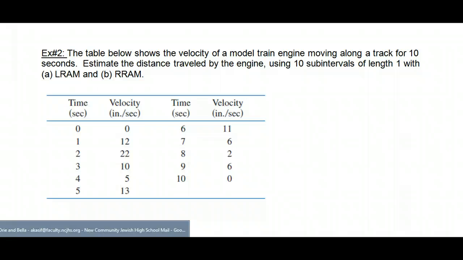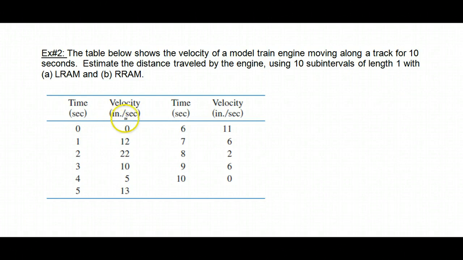I showed you the calculator program, but I want to show you one more example. Let's look at a problem where we don't have the function's equation. We just have a table. The table below shows the velocity, in inches per second, of a model train moving along a track for 10 seconds. This train does not have a constant velocity. We can see that it increases and then gets slower, and then over here it might speed up a little bit and then slow down again. We're going to estimate the distance traveled by the engine. We're going to use LRAM and RRAM. So for part A,